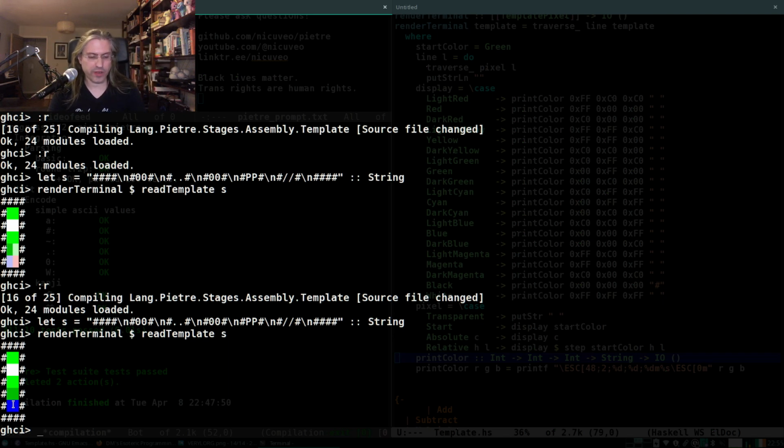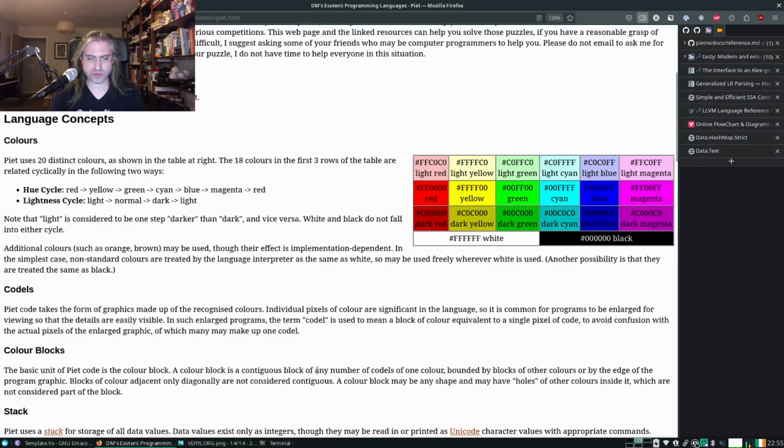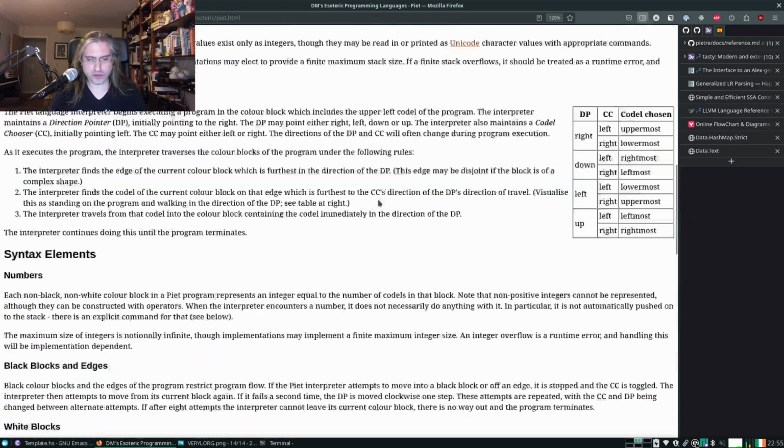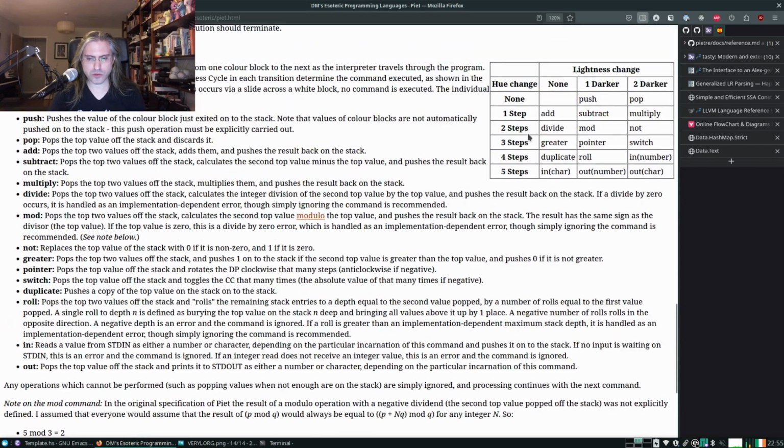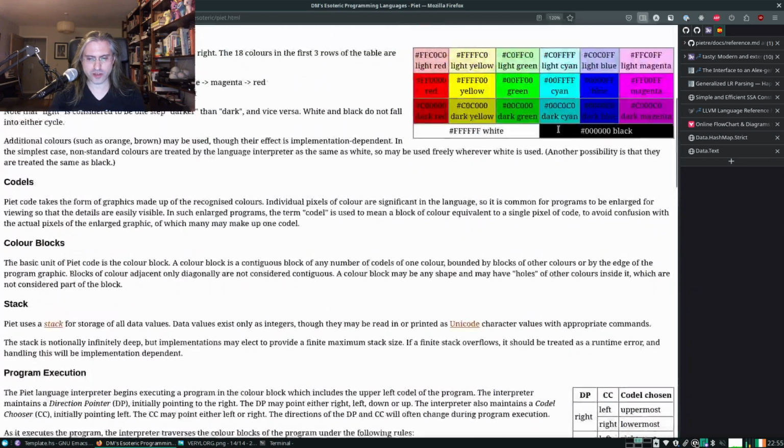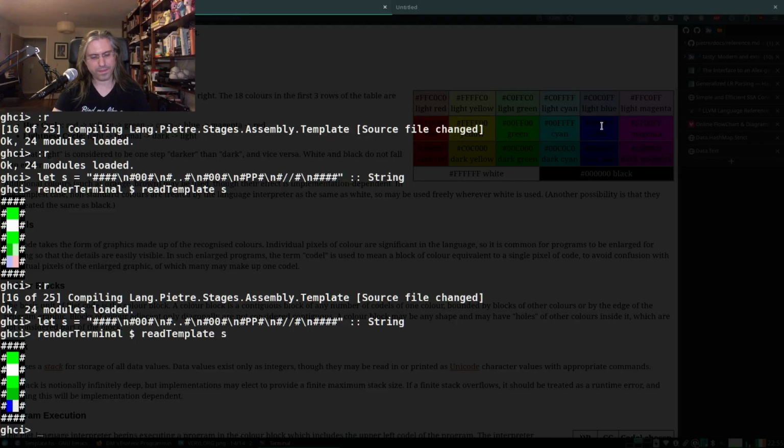Because now this is a divide which is blue compared to the starting green. So it's a dark blue, I think, because divide is two steps in hue, no change in lightness. So it is indeed blue, yeah.